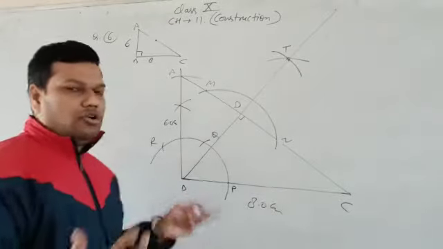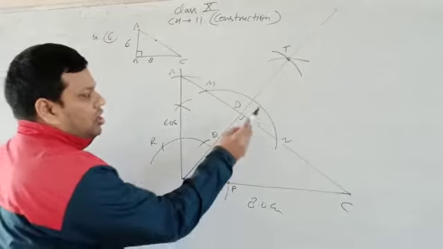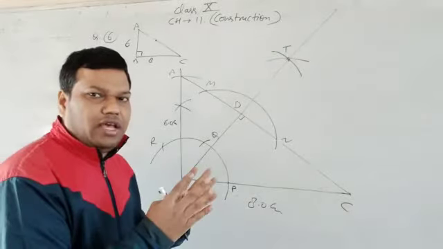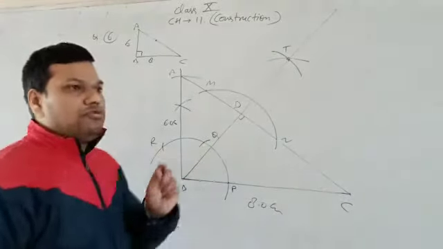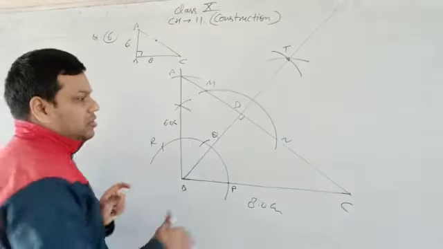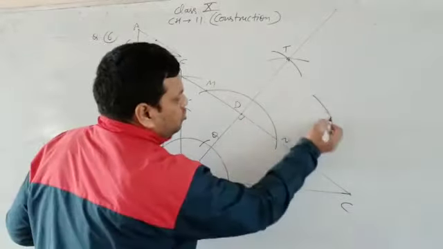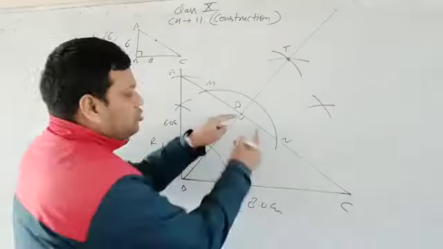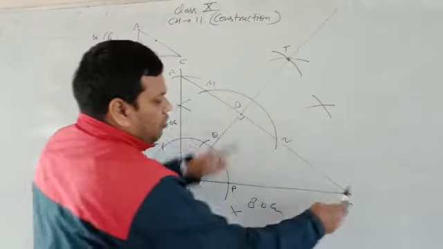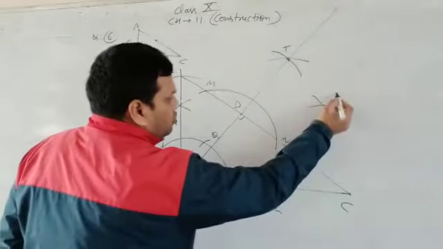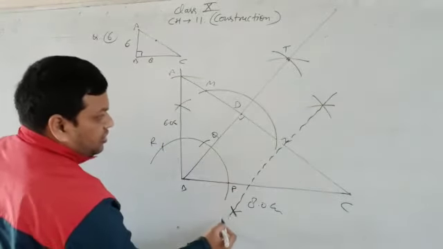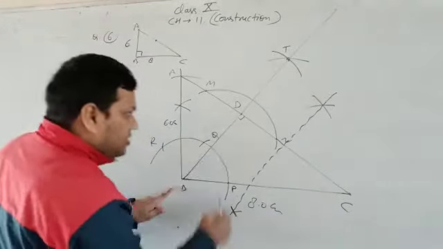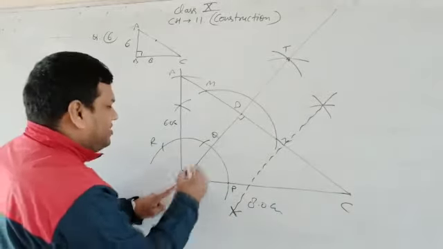For that, from B, D, C we have to draw a circle. For that we have to draw a perpendicular bisector of CD and BD. Any two lines from these three, you have to do the perpendicular bisector. And what can be done for that? From D and C you should have an arc like that, with more than half radius. You should have arcs from there and here, and also from C there and this. So you know how to draw the perpendicular bisector. You join them, right?